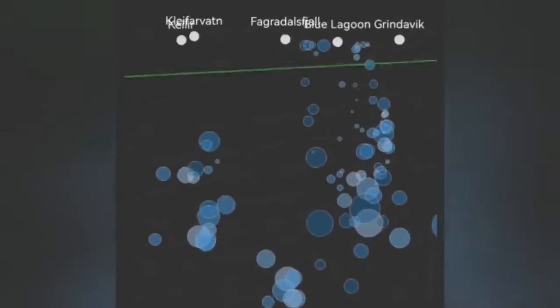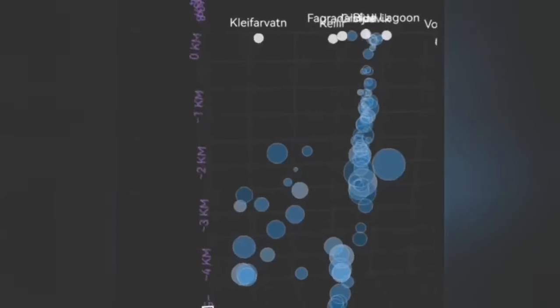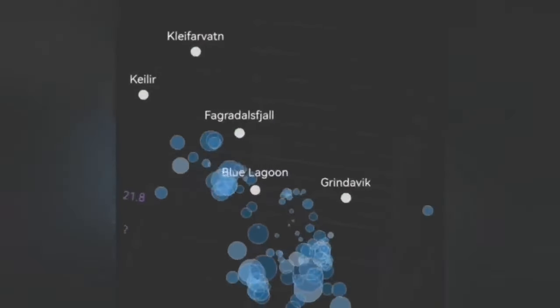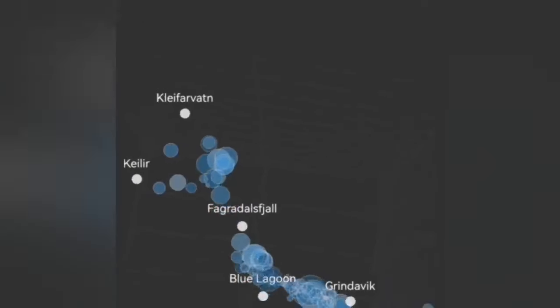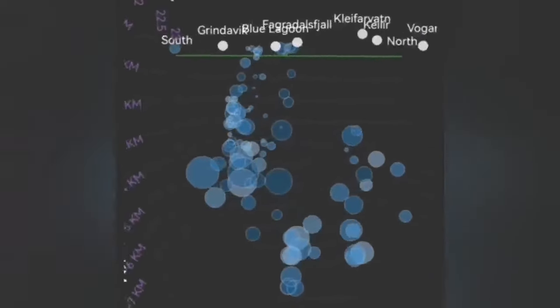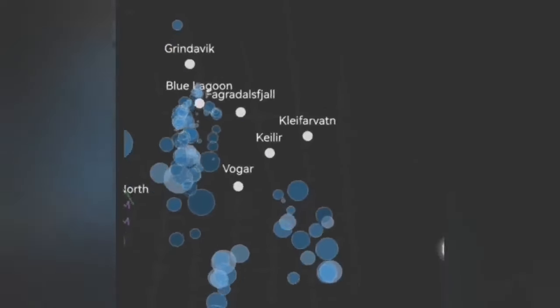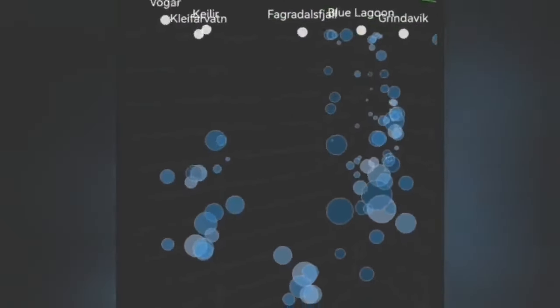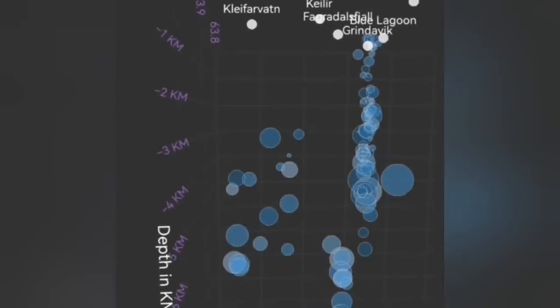You can see, when I turn this diagram around, the shape of the dike. A dike is a wall, a crack in the ground, we call it a fault line, where the magma is filled up between the cracks, between the pulverized and crushed rocks, and forming this. These are the earthquakes showing the movement of the fault line where the magma can rise. Magma is present, as I told,